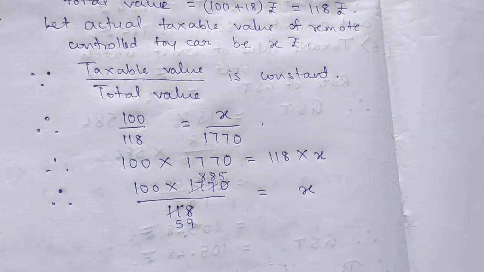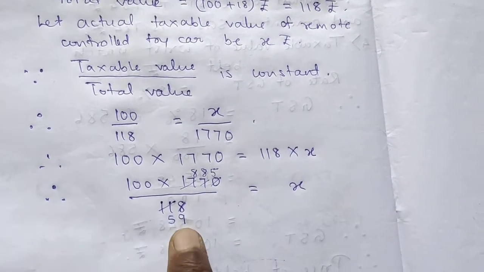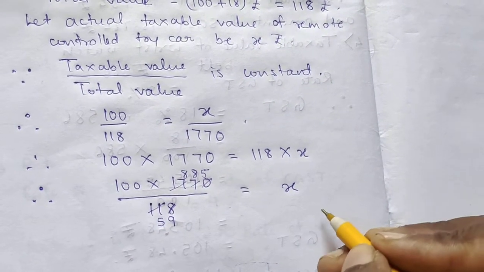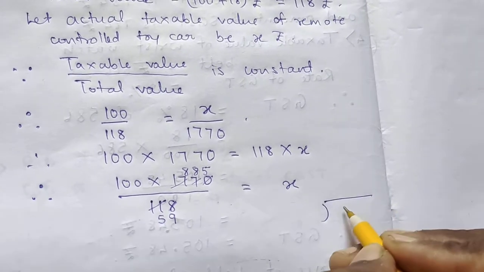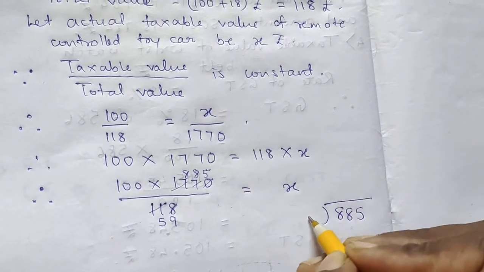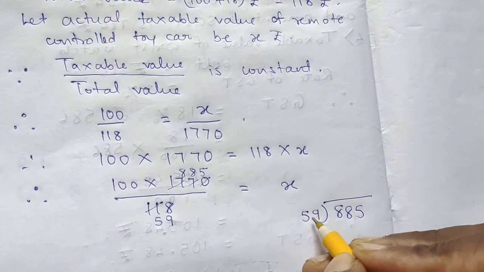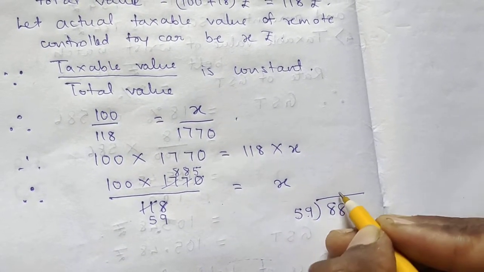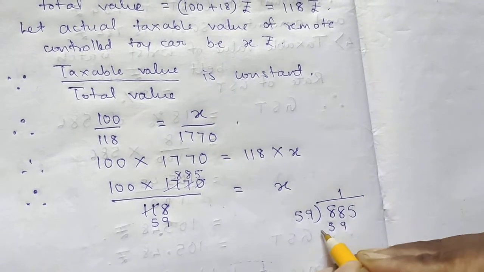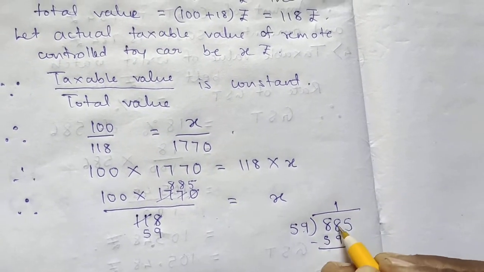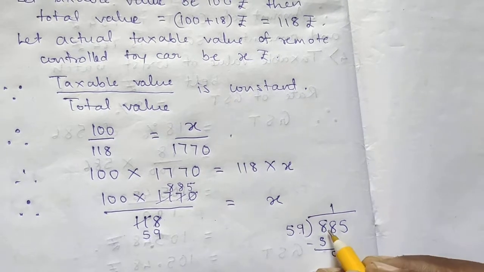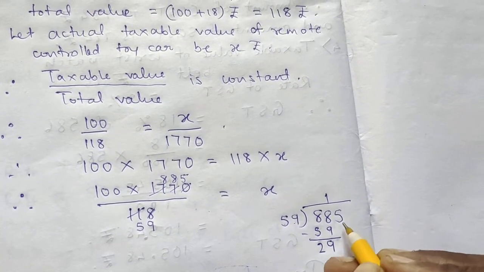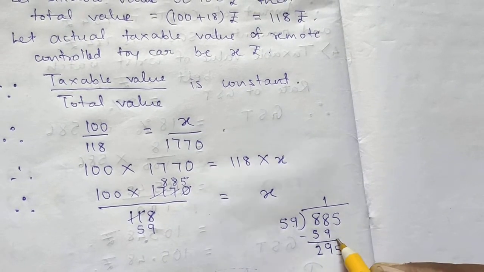Okay, now we will do division of 885 with 59, and if you do that, let us see what we are going to get. 885 divided by 59. So first we will divide 88 by 59. So you know 59 1 ja 59, and if you do subtraction, 18 minus 9 gives you 9. Here 7 is remaining, 7 minus 5 gives you 2. So 29 is remaining. Now take this 5 down.